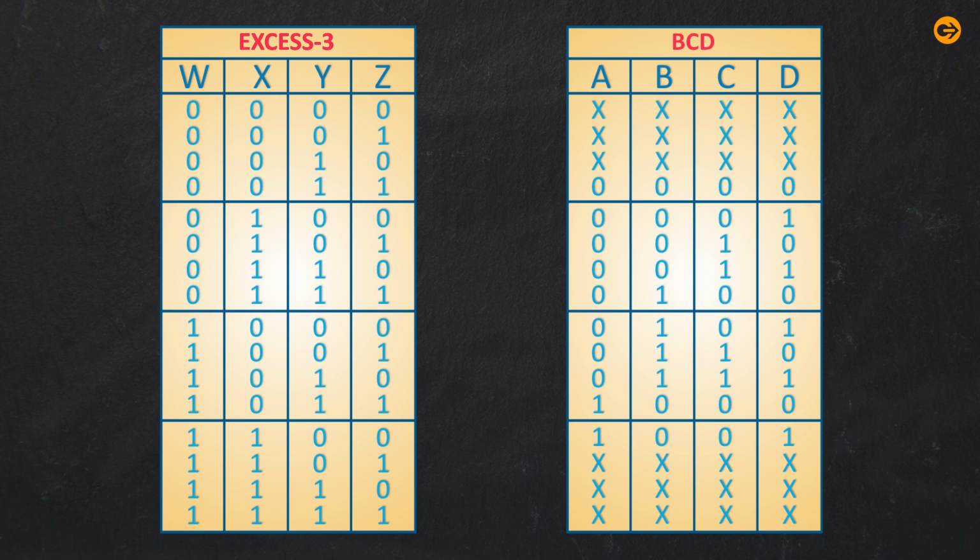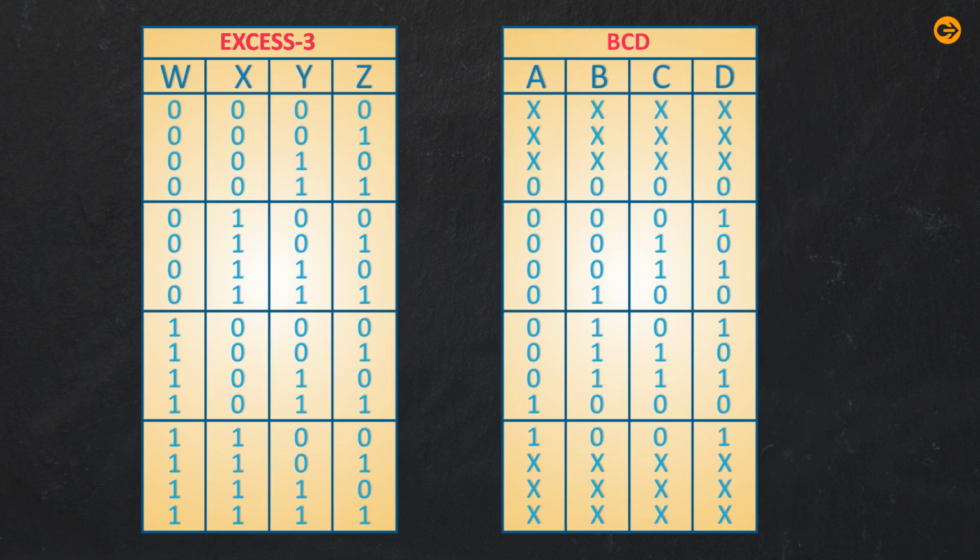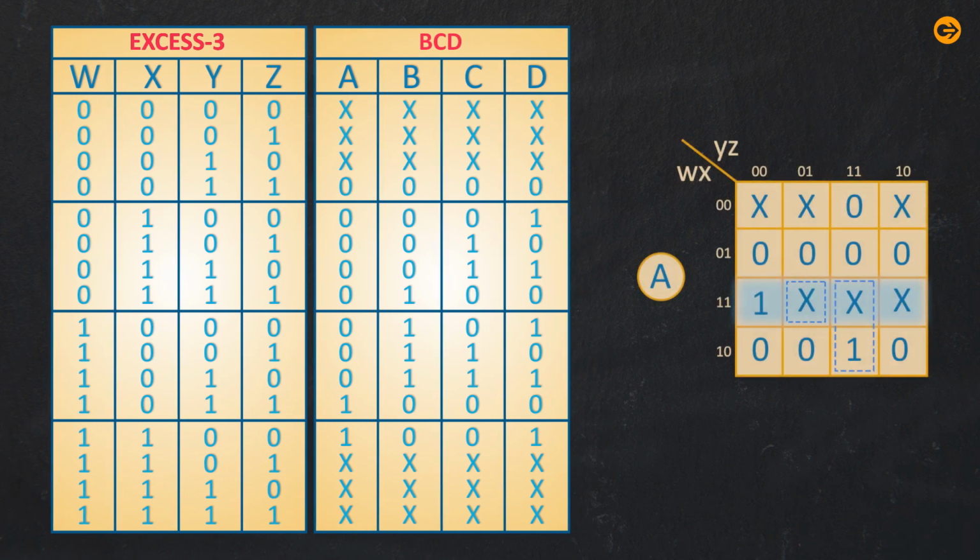But when we subtract a number which is less than 3, then we get X, which is also called the don't care condition. When the cell has become empty, then it is filled with X. This figure illustrates the K-map of A. Whenever A gets 1 and the don't care condition X, the cell is filled by which the number is indicated by the XS3 number. There are two groups of cells in A.